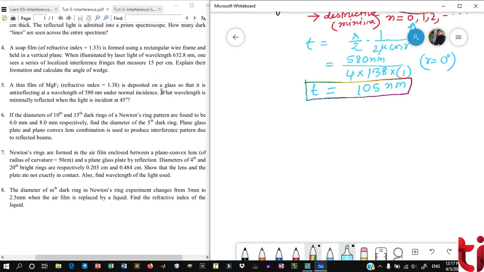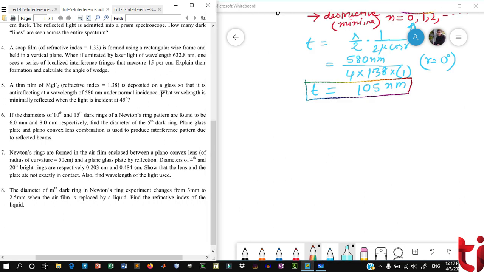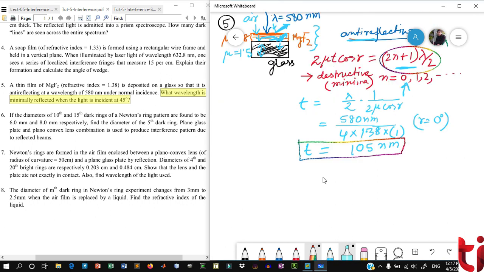Finally, for the second part, what wavelength is minimally reflected when the light is incident at 45 degrees? We have to find out the wavelength. Lambda is equal to how much? This is equal to,